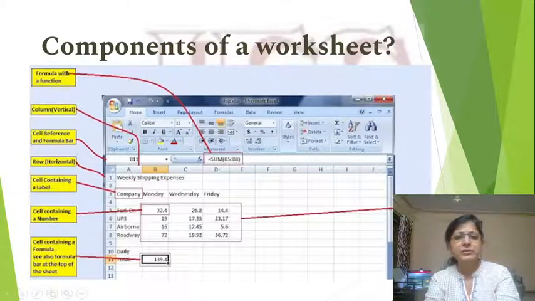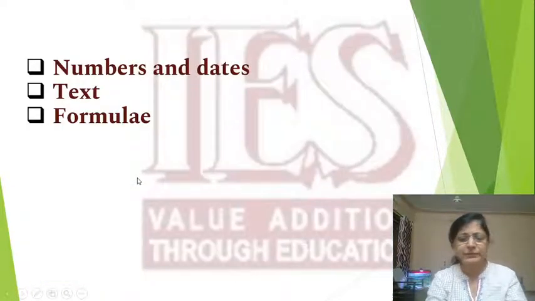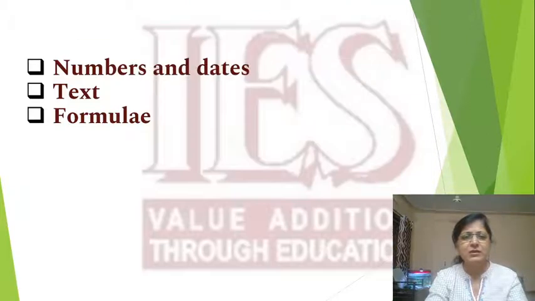Now, this is an example over here. With an example, I'm showing it to you. You can see this is my active cell. So here the answer is displayed, 139.4. But actually the formula of this cell B11, written here, is equal to SUM(B5:B8), that is displayed over here. Okay. Then, coming to this, columns are vertical and rows are horizontal.